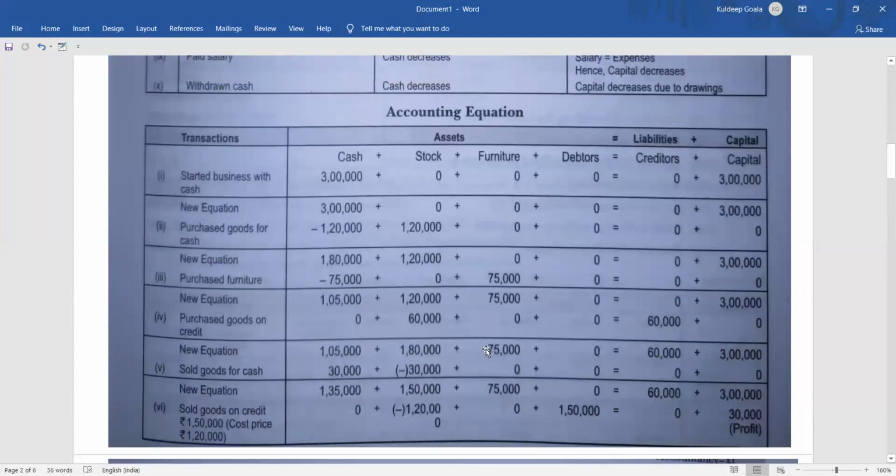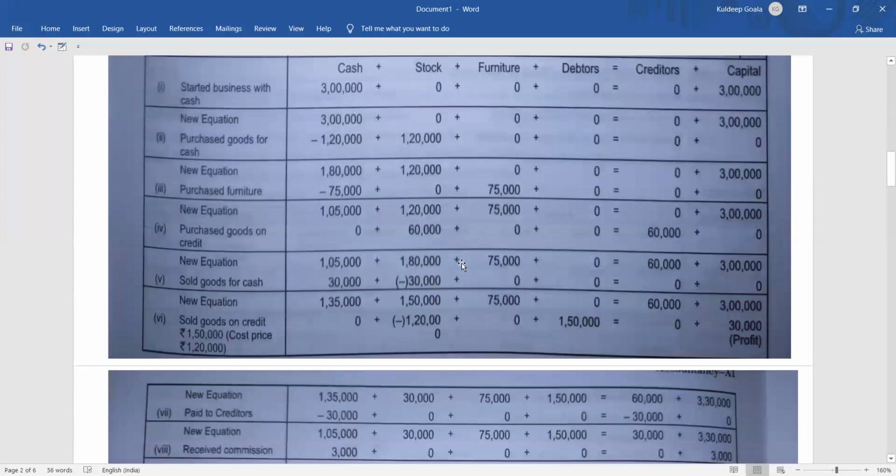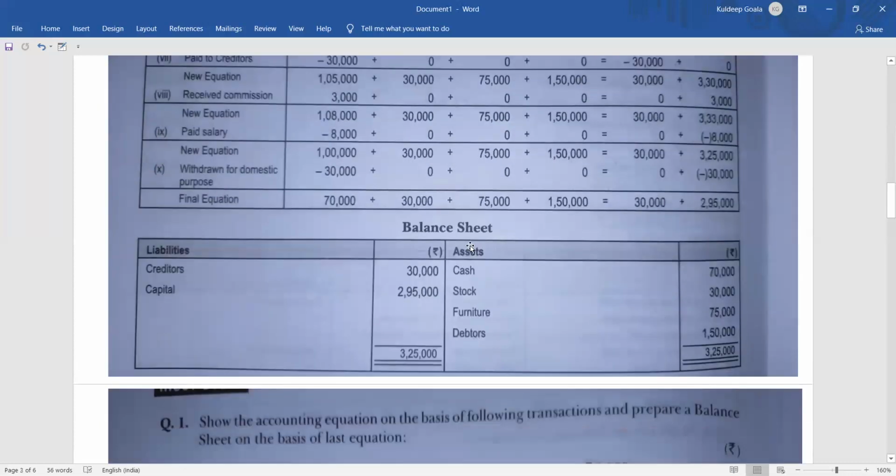So we will find out what are the assets and liabilities. Balance sheet is nothing but a statement where assets are written in the right hand side and liabilities and capital are written in the left hand side, and where the asset is always equal to the liability side. Okay, we don't write capital and liability side, we write only liability side because capital and liability both are referring to liabilities itself, whereas capital is an internal liability and general liability is known as external liabilities.